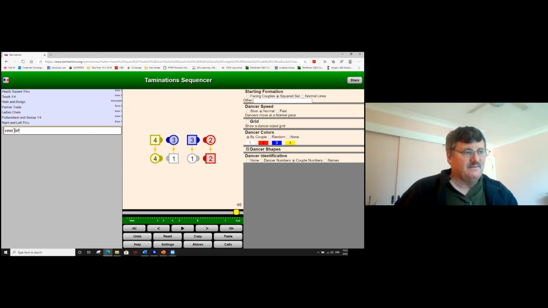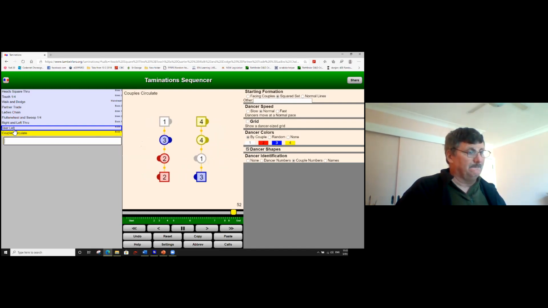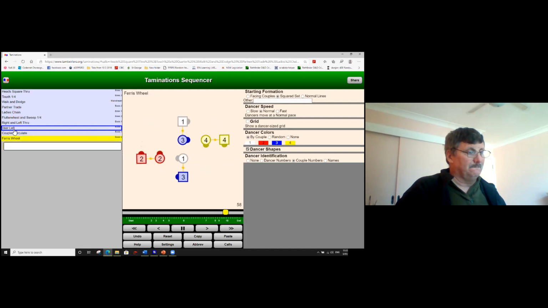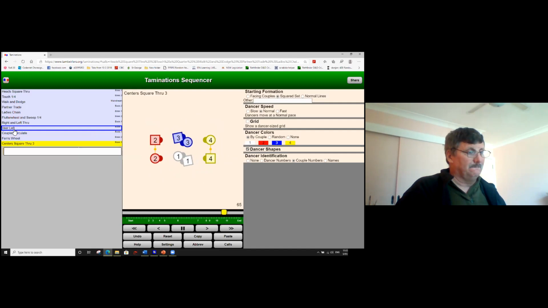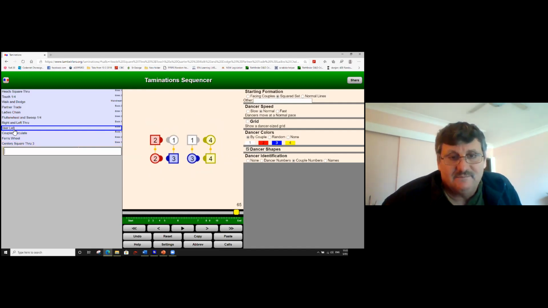Yep. Couple circulate. Yep. Ferris wheel. Okay. Center square through 3. Beautiful. And my next goal is? Okay, now you can do an Alaman left here, but now we've got to do some isolated sight, and your movement is,